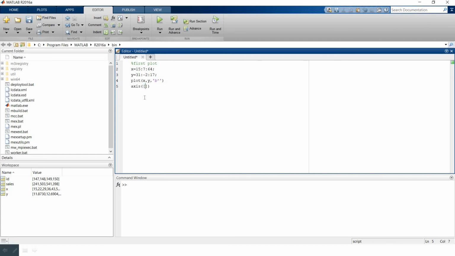The minimum and maximum limits of the horizontal axis are denoted by this, and those of the vertical axis by 12 and 40. Okay, so these are the axes.